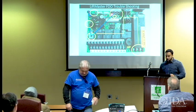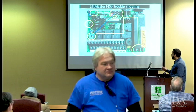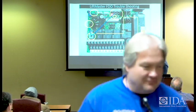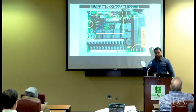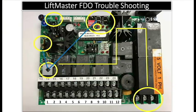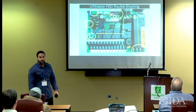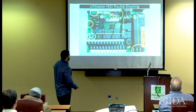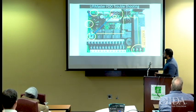Awesome. So I always recommend that when you first get to this particular board, you verify that you have incoming power, and you look over there and your AC light is lit, then I would go to terminals 6 and 18 with my meter, and there I should get 24 volts DC. If I do not have DC power right there, I have a problem somewhere in my DC circuit, okay? If I do have DC power there, I then go and rotate over and look at terminal 8